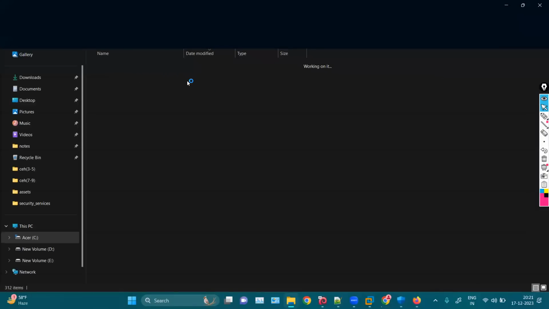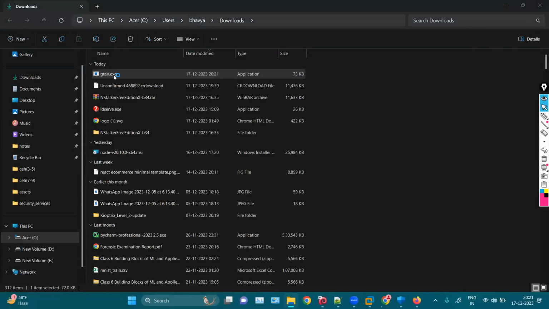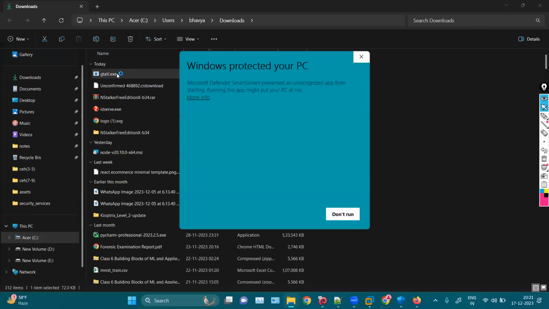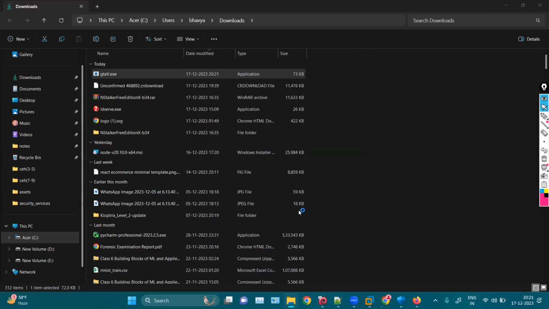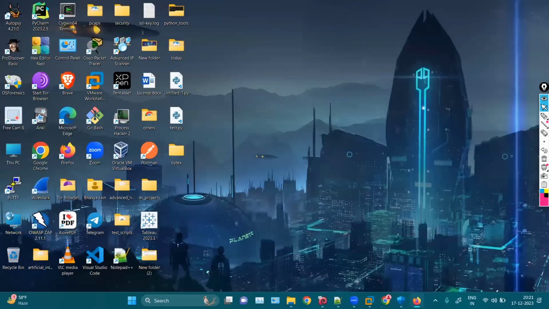You can click on the file. So this is my malware, which is GTA5. Now you have to execute it, so double click on it to execute. Okay, we have one more warning, which is More info, Run anyway. Now in Windows, nothing will happen, but in